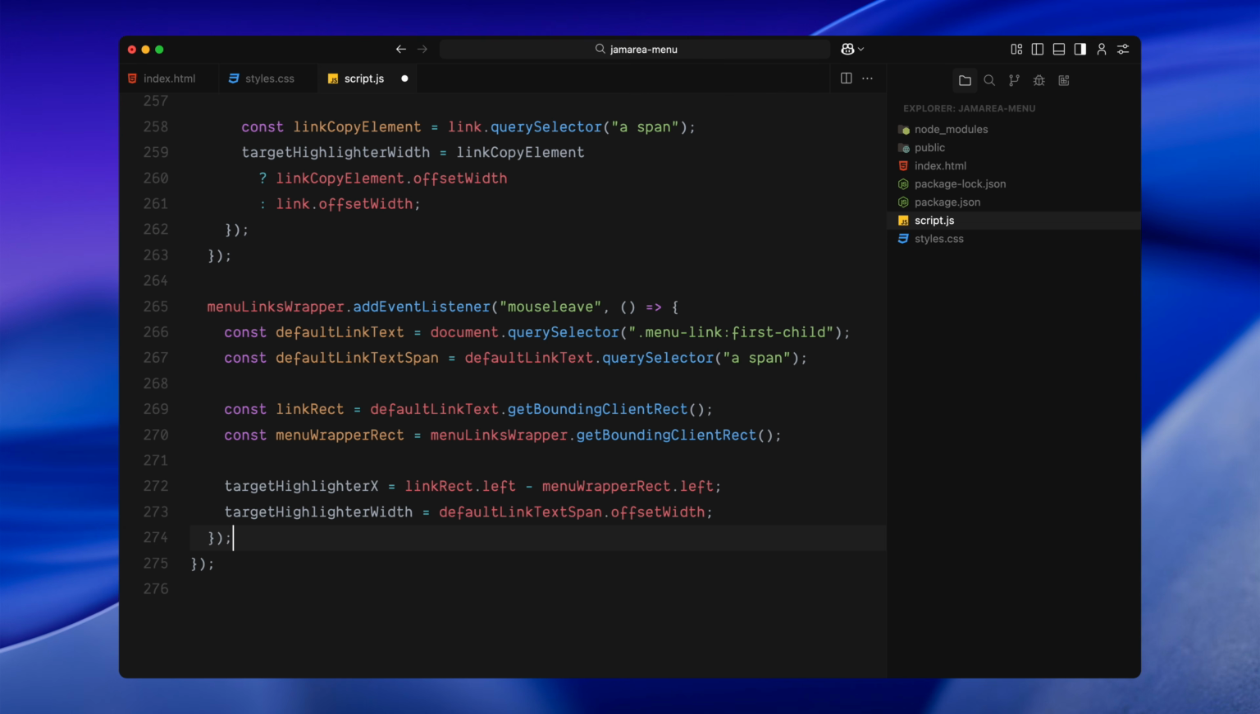completely. I am listening for a mouse leave event on the entire menu links wrapper. This means whenever the user's cursor exits the area that holds the nav links, we'll move the highlighter bar back to its original position. Inside the event, I am selecting the first menu link and grabbing its span, the visible